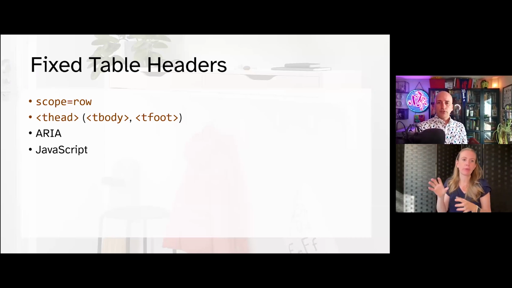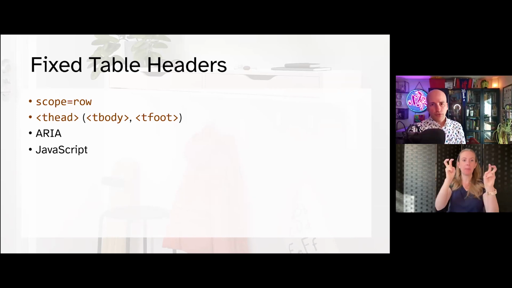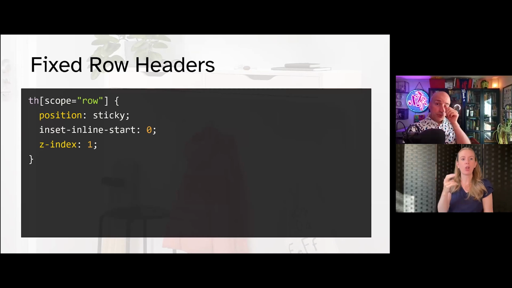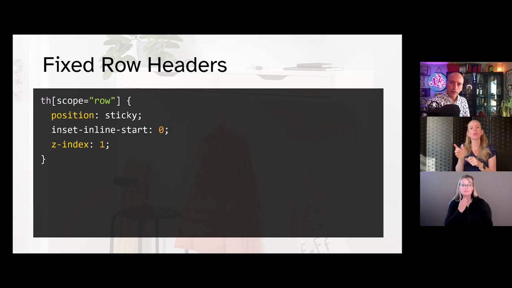So fixed table headers, the good news is that this approach requires no extra ARIA and no JavaScript. But you're going to lean on elements and attributes that you might recall a few slides ago I said you could ignore. Because why not? Even though they don't do much for users, they are actually really good style hooks. Using scope equals row on your row headers makes it easier to make a CSS selector. Sure, you could also do a first child or nth child and ignore the scope attribute completely if you want.